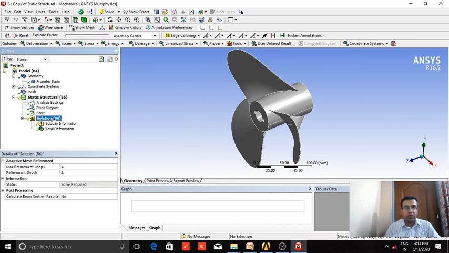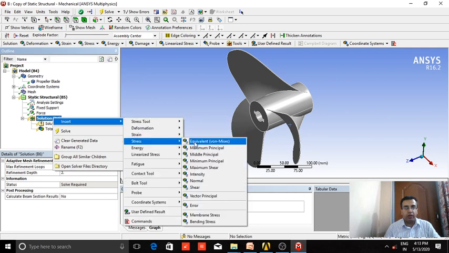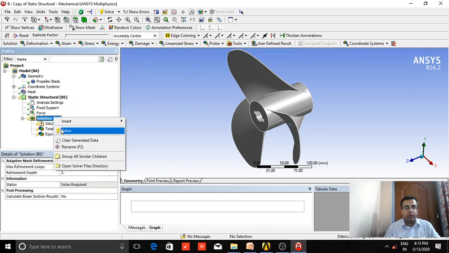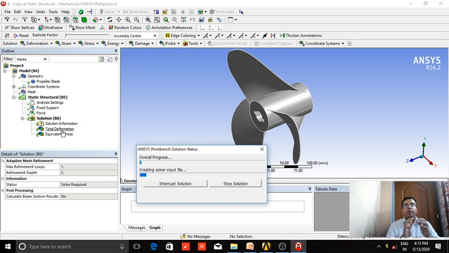So now I will insert what kind of results I want. I want to see the total deflection and the total resultant or equivalent stress coming into the plate. So now we will give solve. Now the software will perform the calculations in the background. These calculations cannot be seen by the user, but